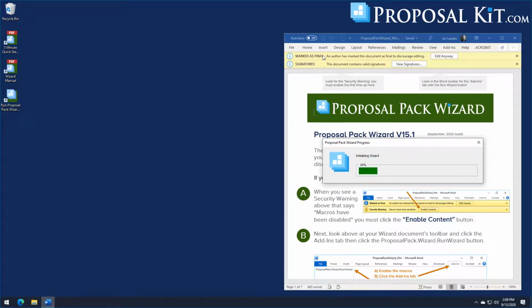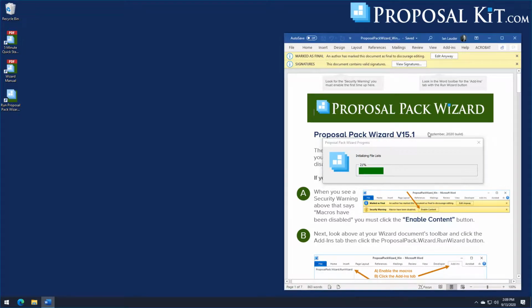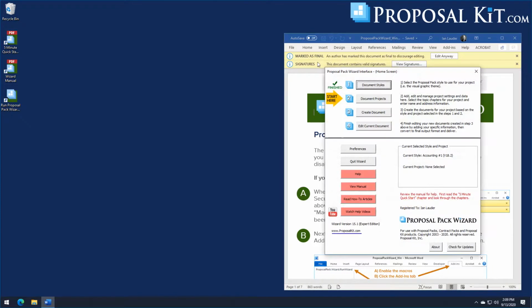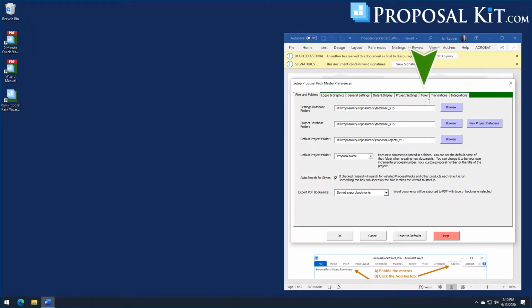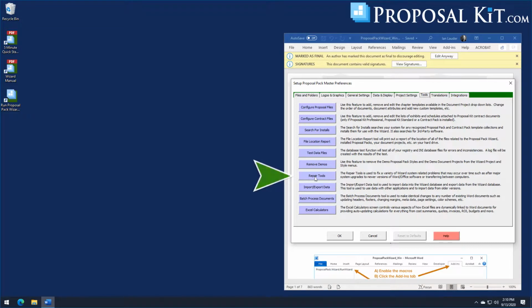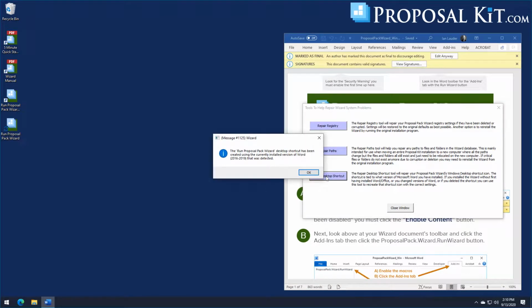Because all this desktop shortcut here does is it opens this Word document and then runs the Wizard macro. Just like what we did here to manually open the document and then manually click the Add-ins tab and Run Wizard button. Now once the Wizard's running, click the Preferences button. Go to the Tools tab, click the Repair Tools button, and then there's a Repair Desktop Shortcut button. Click that, and now